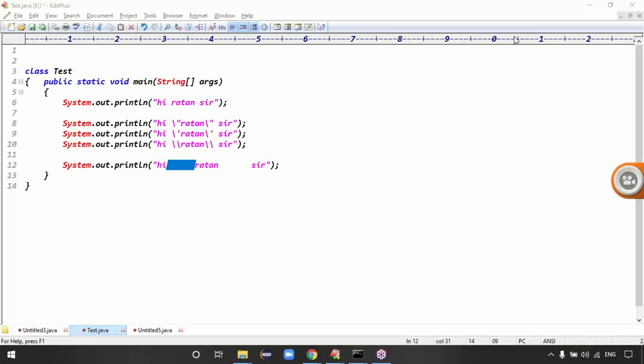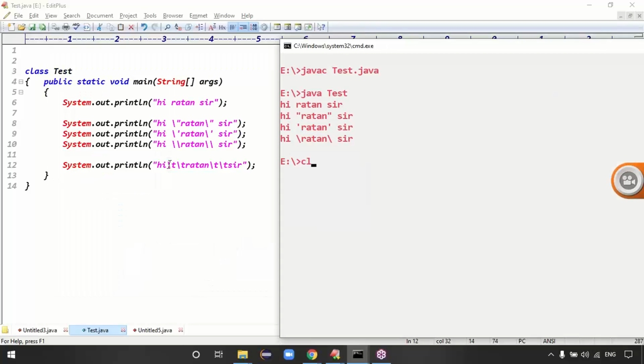That's why, guys, in between every word, can I use one escape sequence character? That is called \t, guys. \t represents what? Tab space, right? Here also you can give \t and \t. Then how many spaces will you get in total in between every word? You will get 10 spaces, right? Exactly. Then the code is compiled fine.